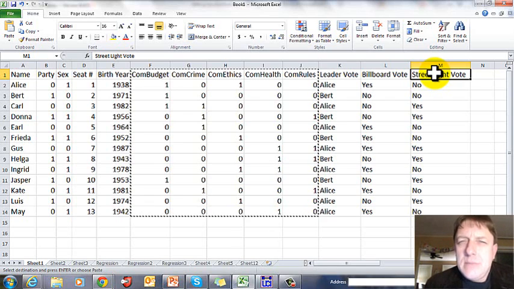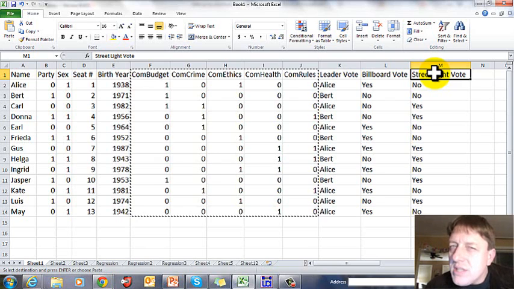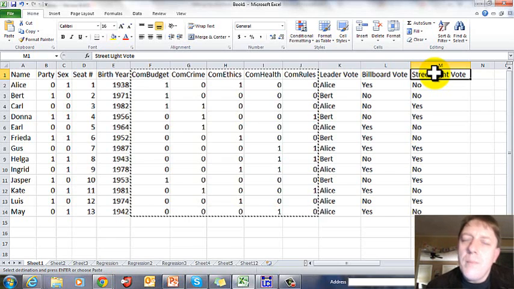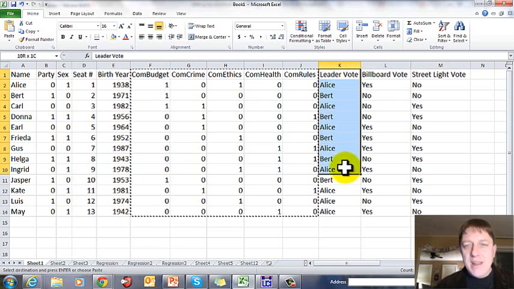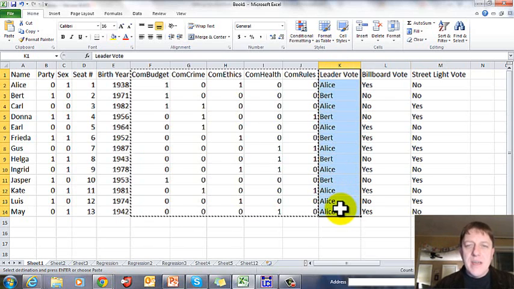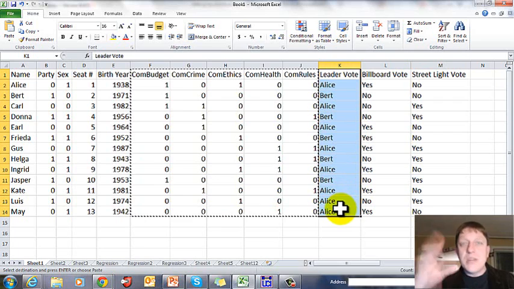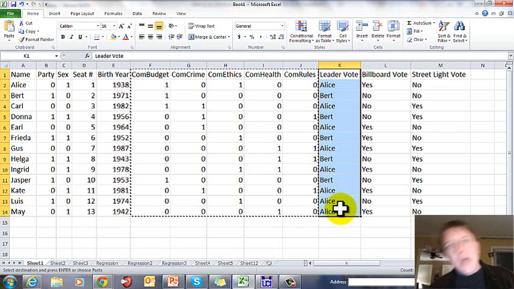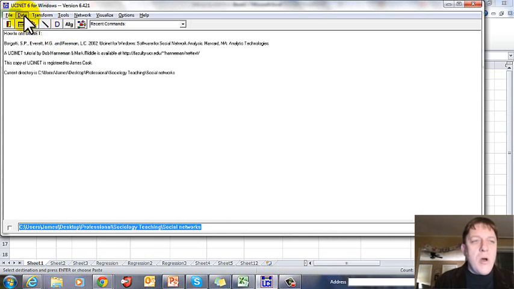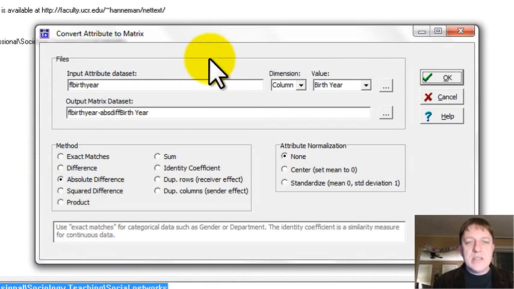We want to create, in this case, one matrix. And this one matrix is going to describe the number of times that 2 members of the legislature voted the same way. Now, if we had one column with just one vote, we could say, let's make voting for a leader. Who's going to be the head honcho? Some people voted for Alice, some people voted for Bert. Let's make votes for Alice be 1s and votes for Bert's be 0s. We could do that, and then we could go over here to data, attribute to matrix, except,